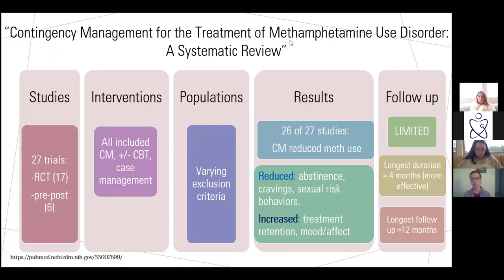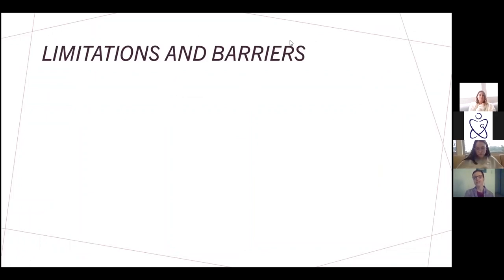So even after the program ended, that meth use continued to be lower than it had been prior to the intervention, but no follow-up happened beyond that 12-month period. And so unfortunately, there are a lot of limitations to contingency management. That's why, even though the data looks really promising, the only place that it's ever been available in Seattle is at the VA. And that program is unfortunately currently on hold due to COVID,